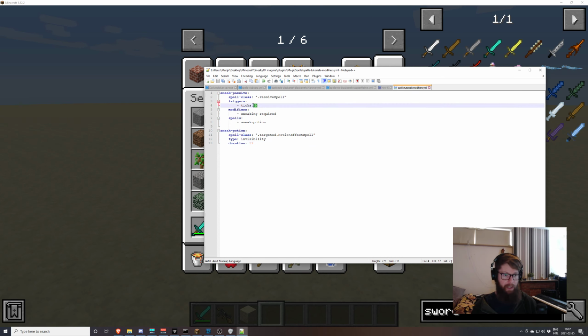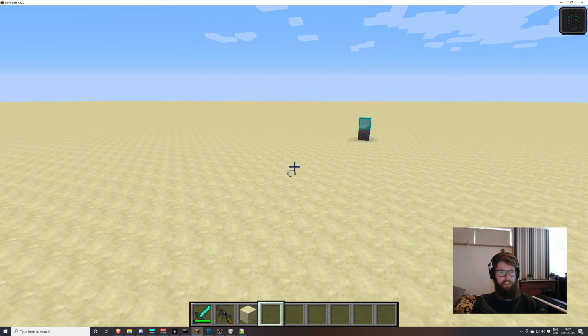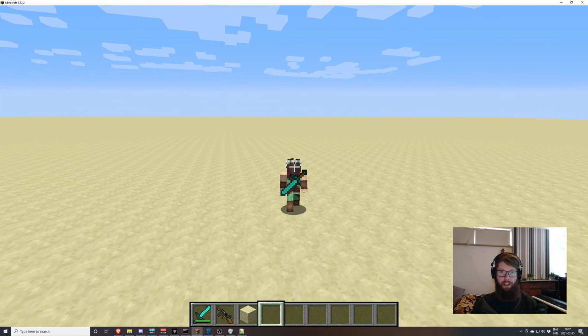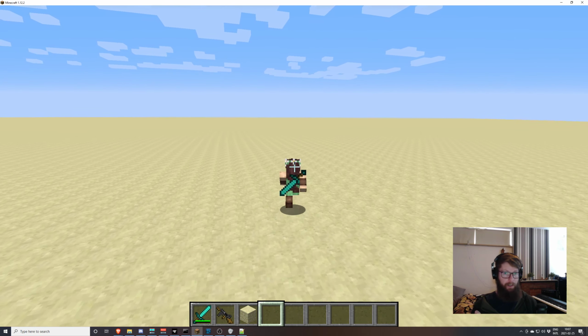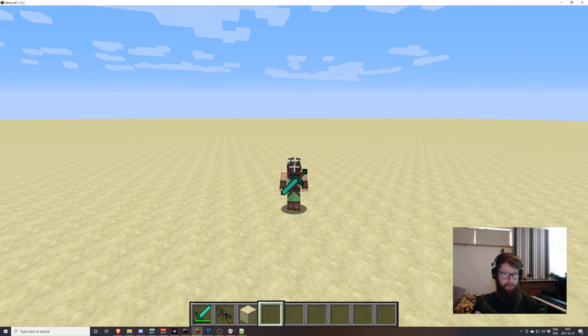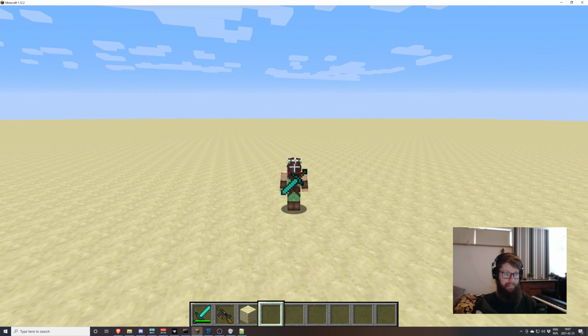If I am sneaking, it's also casting the potion effect, so it's already casting 4 spells per second. Now let's say we make this ticks 1. Means I'm casting 20 spells per second, or if I'm sneaking, casting 40 spells per second. Now let's say we're running a Minecraft server with 300 people on it. 300 times 40 is that